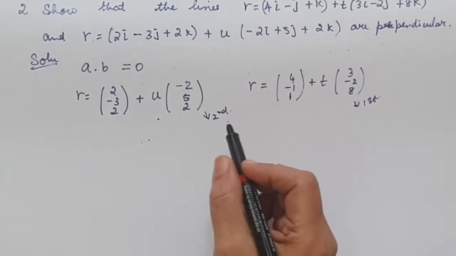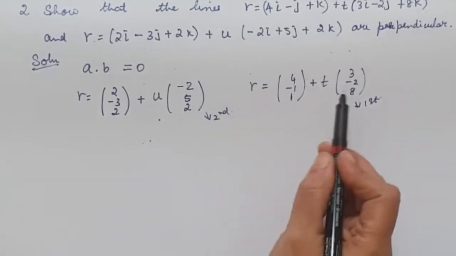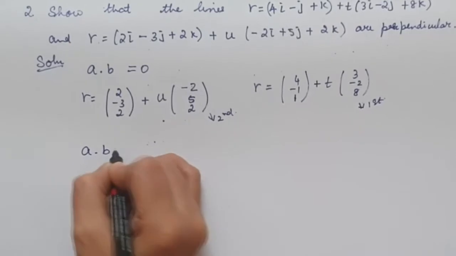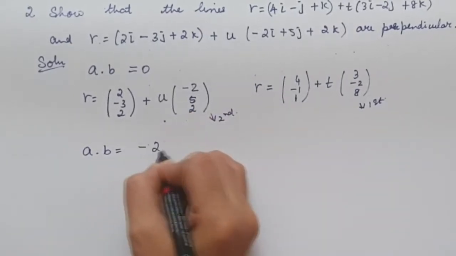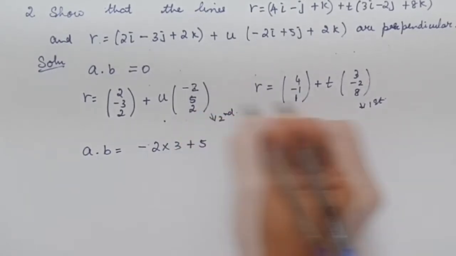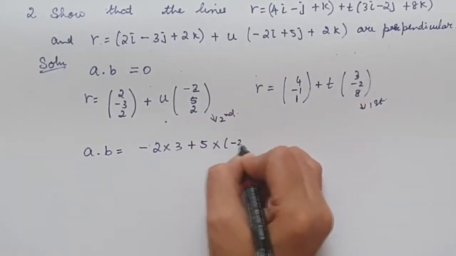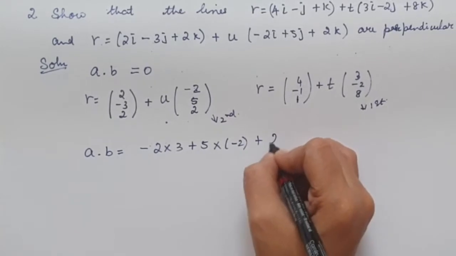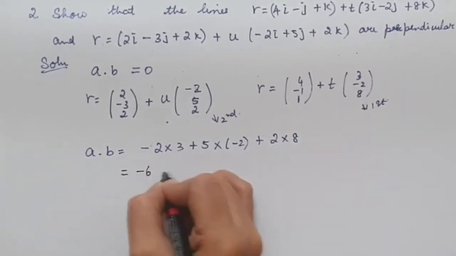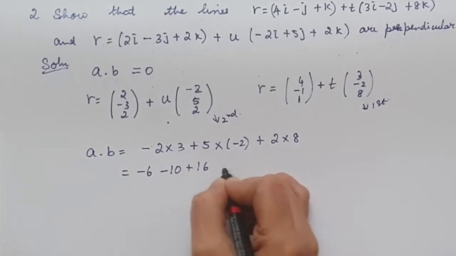Now in order to find the scalar product, we just multiply our directions and find A dot B. A dot B equal to minus 2 into 3, plus 5 into minus 2, plus 2 into 8. When we simplify this, we get minus 6 minus 10 plus 16,